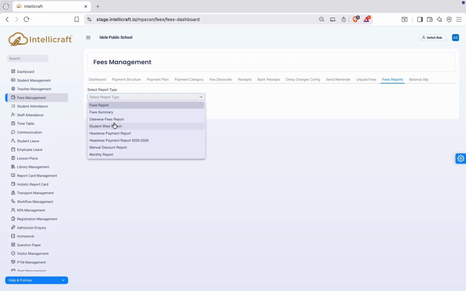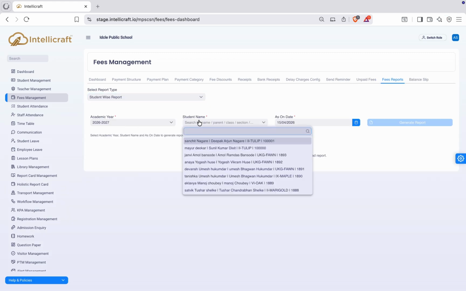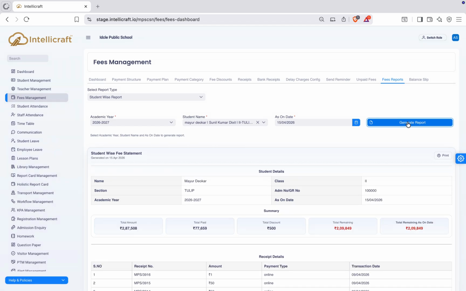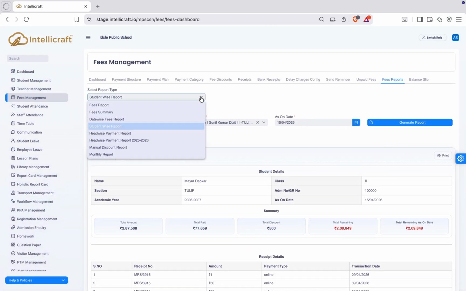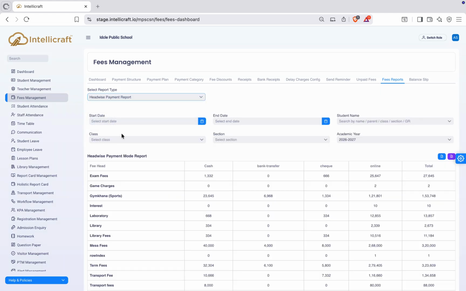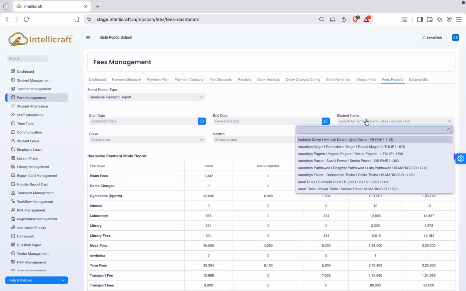The Student-wise Fees Report provides a detailed view of an individual student's fee records, showing their payment status up to the selected date. The Head-wise Payment Report provides a detailed breakdown of student fees based on different fee heads and